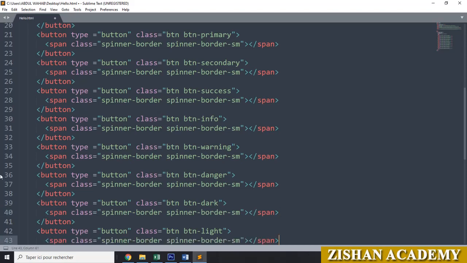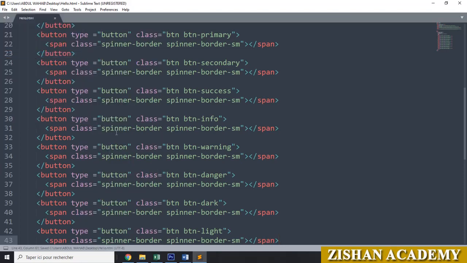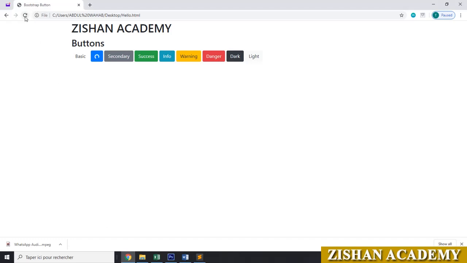Okay, we did now. Just go to the file, save it here, we'll go for the browser, refresh it here. Now you can see all the buttons are spinner buttons.